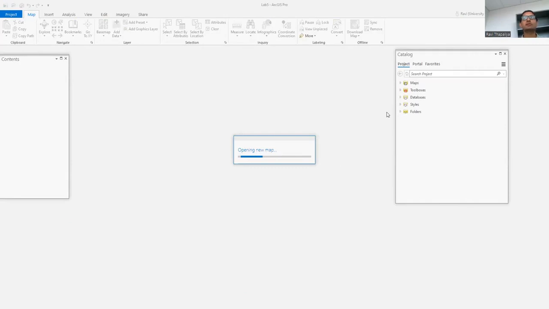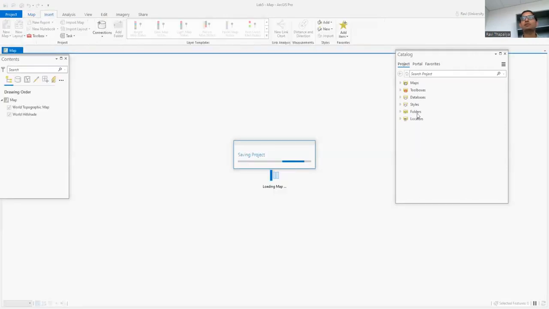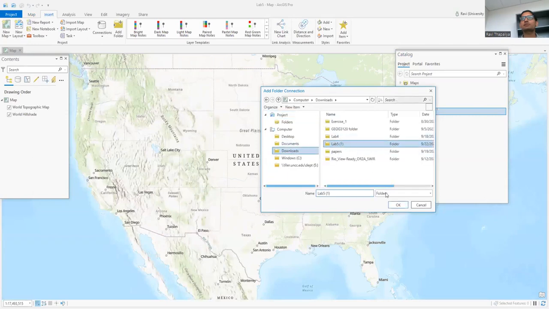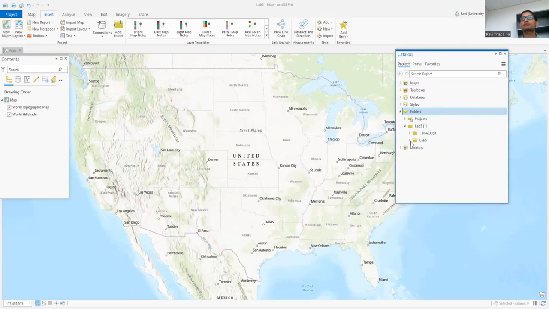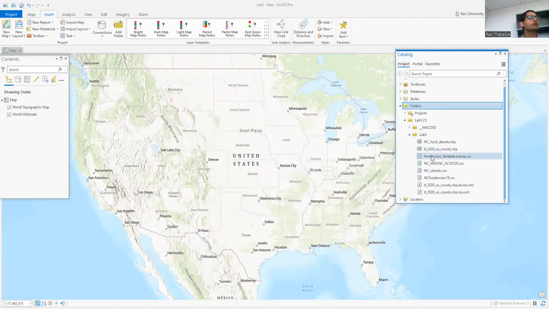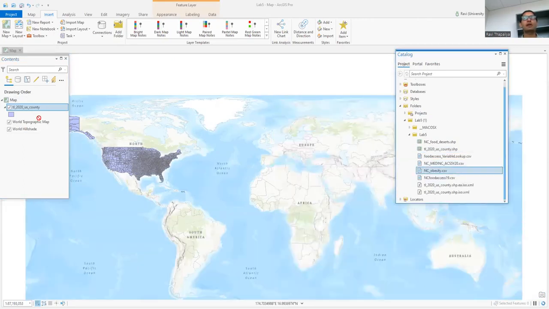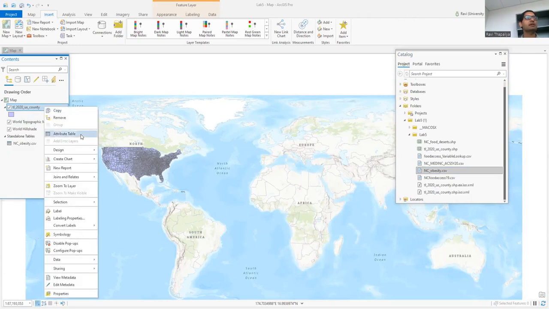And also let us navigate to the Lab 5 folder. So add folder connection. In step 2, add the TL 2020 US County.shp and also add ncobcity.csv from the catalog to the contents pane. And once we have added that, in step 3, right click the TL 2020 US County layer and click attribute